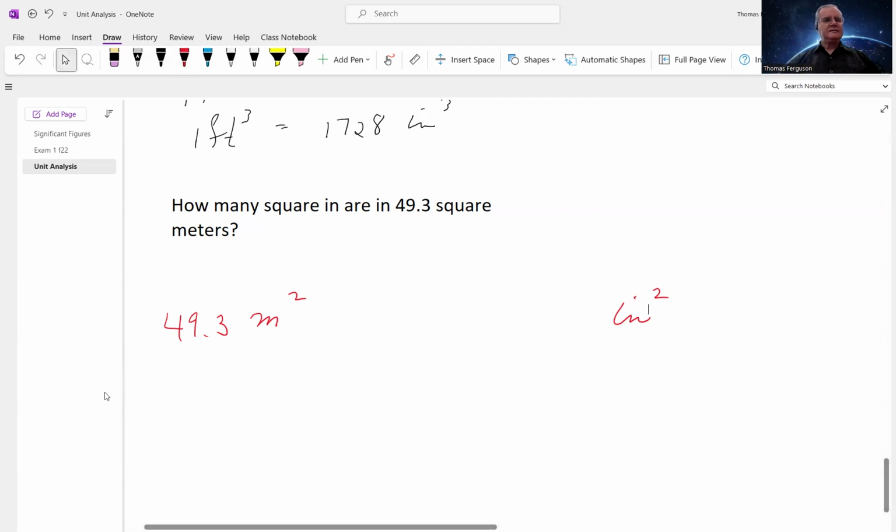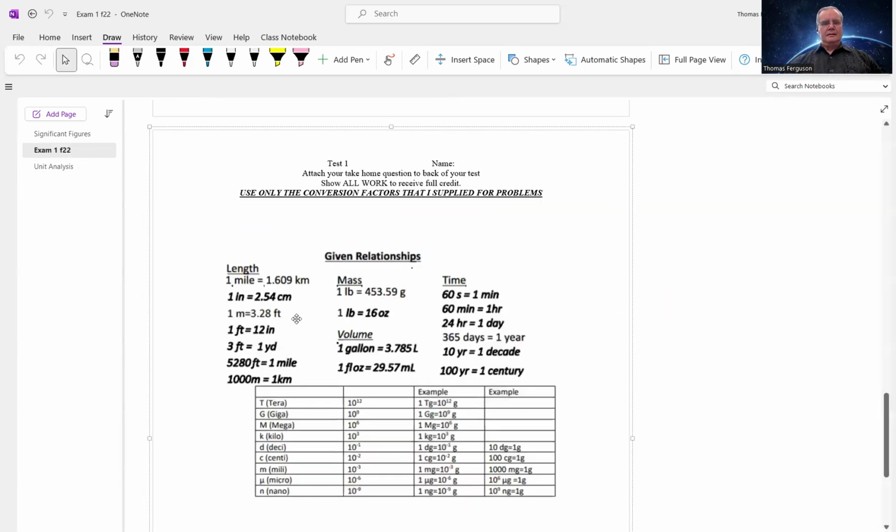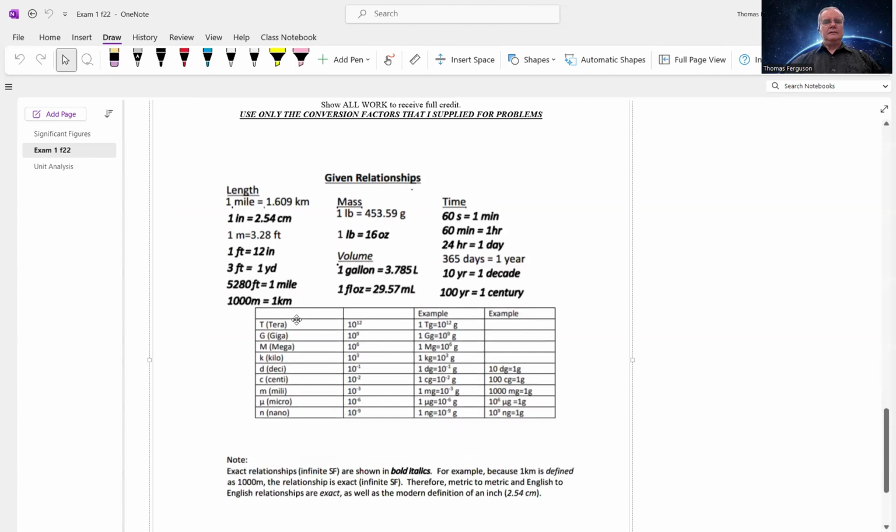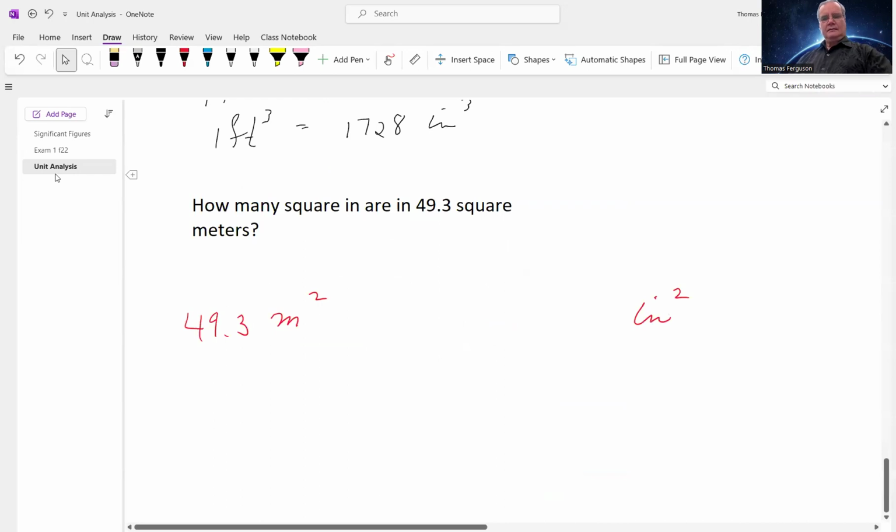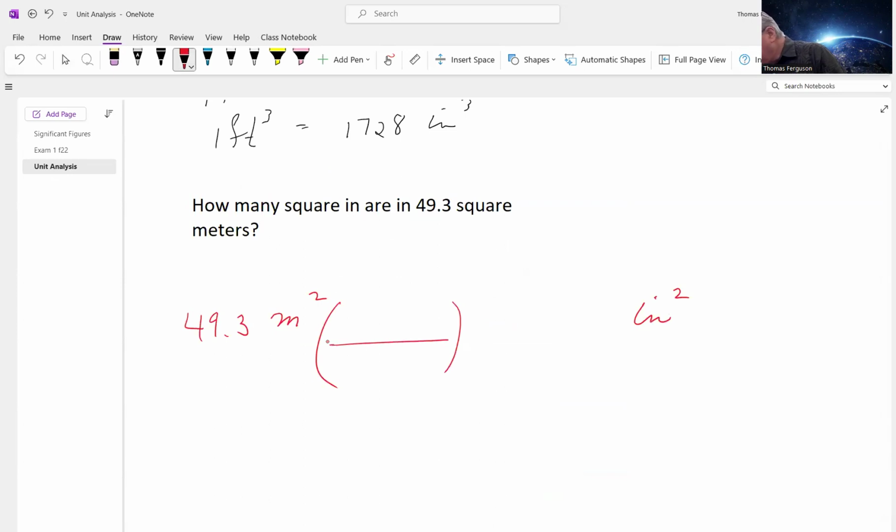So if we look at here, we've got inches and centimeters, and we can go from centimeters to meters. So inches. So what do you want to do first? Okay, so let's go to